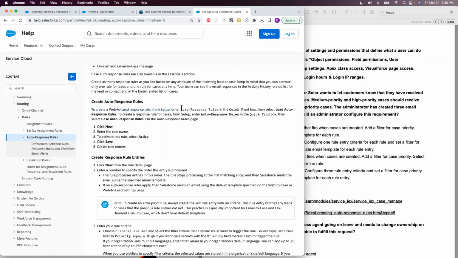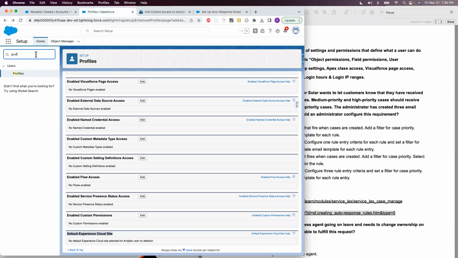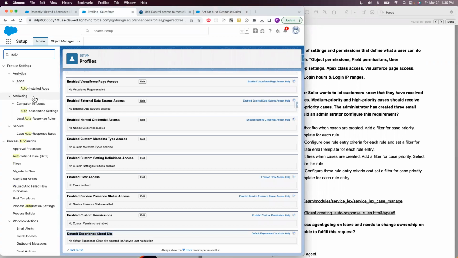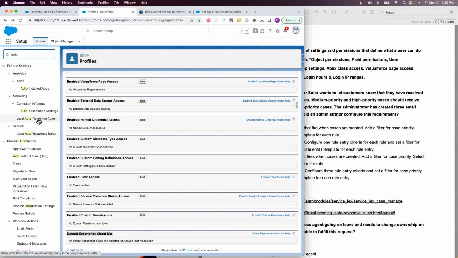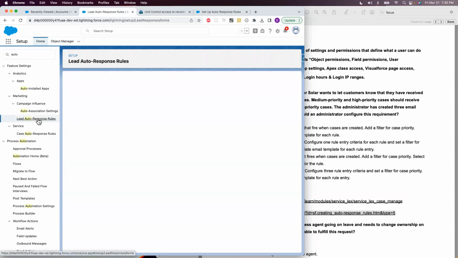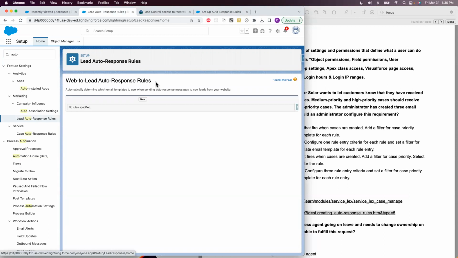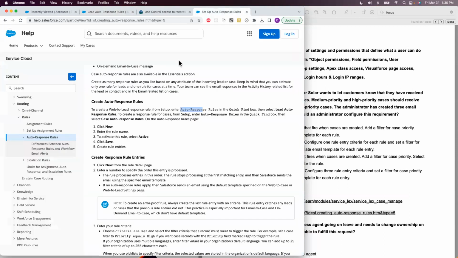From the setup, we enter the auto response. So this is a web-to-lead auto response rule. From the setup, we enter here and then find the case auto response rule to create a response for cases. From setup, enter auto response rule in the quick find. Yeah, we did that. Enter the rule name, and to activate this rule, select active, click save, then enter the rule